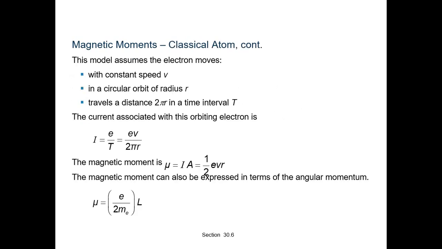Now see here that mu equals e upon 2m into L. But now if we take L in this phenomenon, mu upon L equals e upon 2m. This is called the gyromagnetic ratio and it is constant. Its value is 8.8 into 10 raised to 10 coulomb per kg for electrons, which has been verified by experiments.